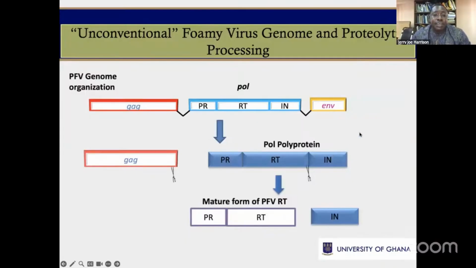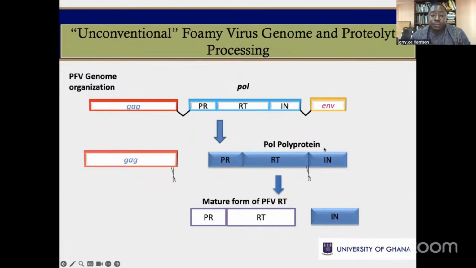A cousin to HIV is the foamy virus, and these are really the most ancient viruses, but we call them unconventional because unlike the classical retroviral genome that I've just shown you, they don't produce their structural and enzymatic proteins from the same mRNA, but rather the structural proteins and the enzymatic proteins are produced through alternative splicing. And so the Gag gene is produced from a Gag mRNA, which is spliced from the genome. And the Pol is also spliced from the genome, and so the Gag polyprotein and the Pol polyproteins